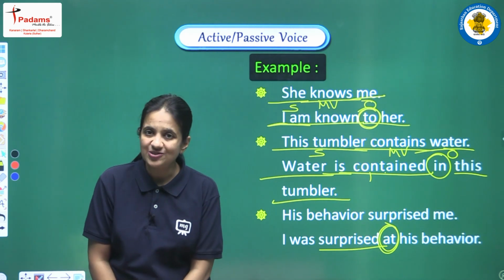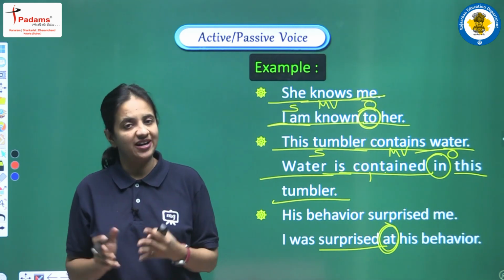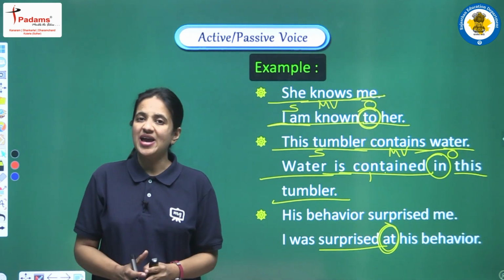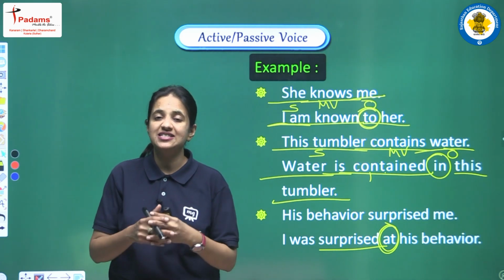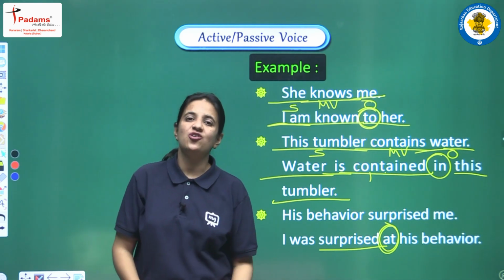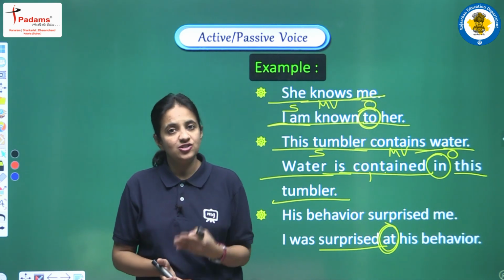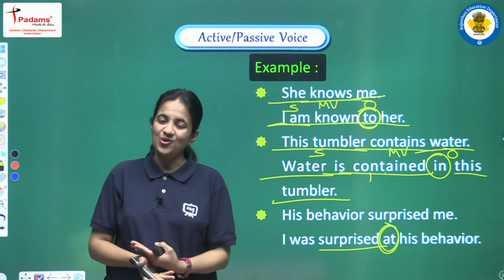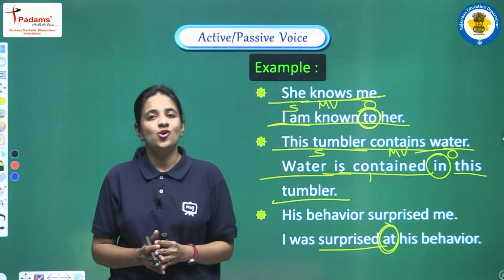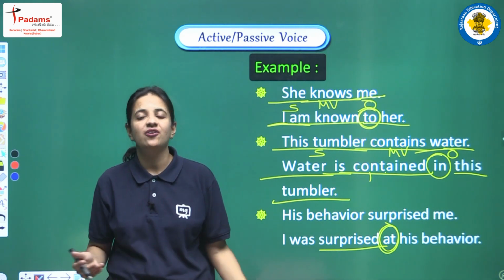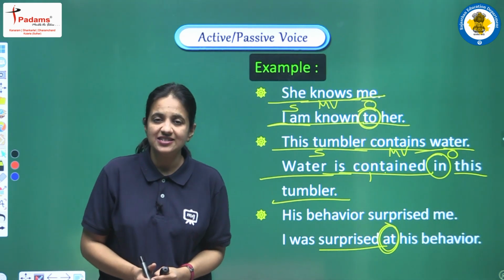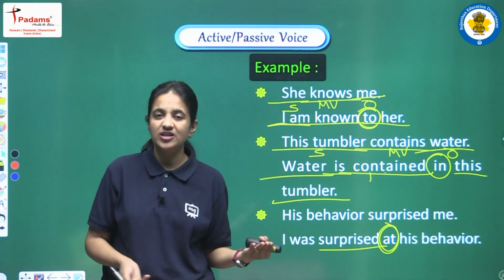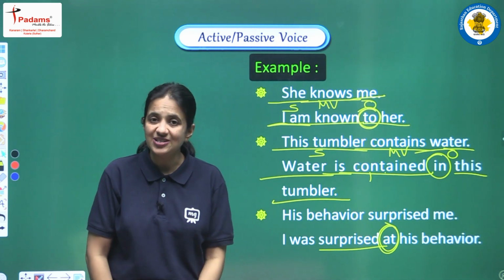Okay, students, we have completed the entire topic of active and passive voice. We have discussed all the rules in a very detailed manner, and we have seen so many examples also. Now I am sure that all the rules are clear to you all, and this topic, active and passive voice, is very easy and very clear to you now. Now you are all ready to solve the practice exercise, and converting a sentence from active into passive voice will be very easy for you, right?